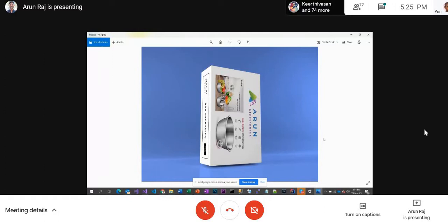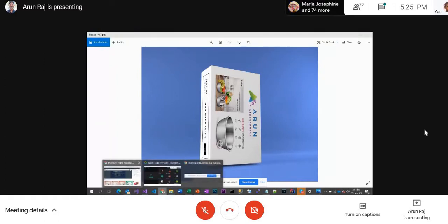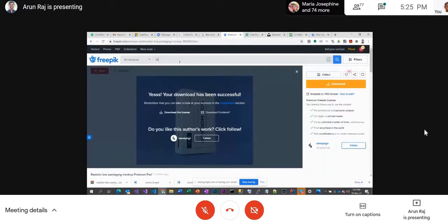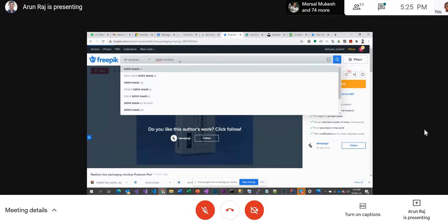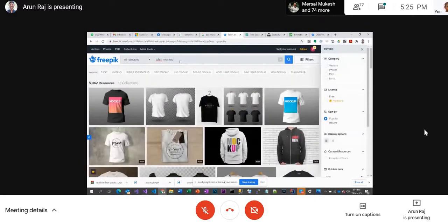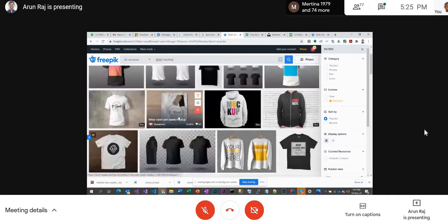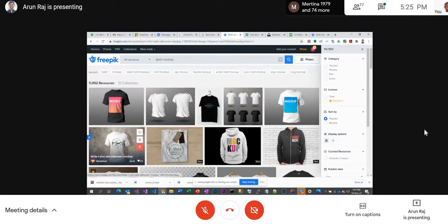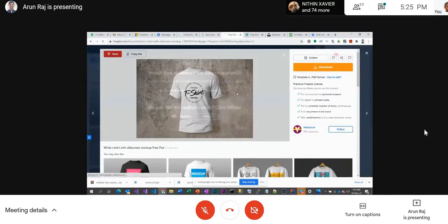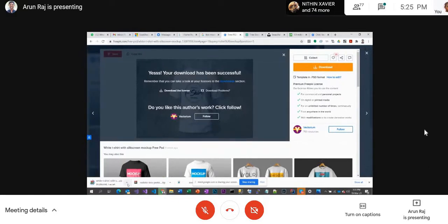This is very important because designing, everyone knows what to be designed, how things are to be designed, but presenting is very important. So when you are doing something, do it and present it in the same way. Like if you are designing t-shirts, you can go and check on the internet for t-shirt mockups. Likewise, you will get it. You can take any t-shirt mockup, similarly, like it's a PSD. You can go and download it, and then you can give it.